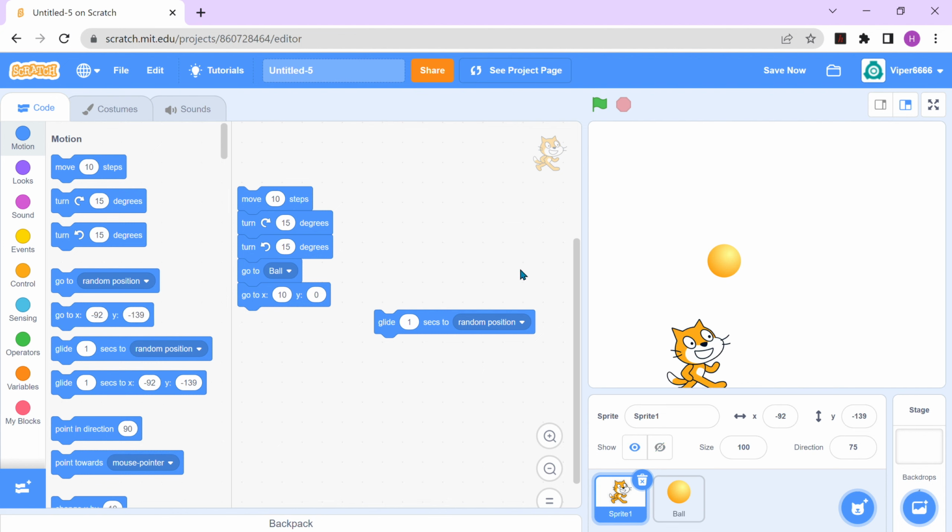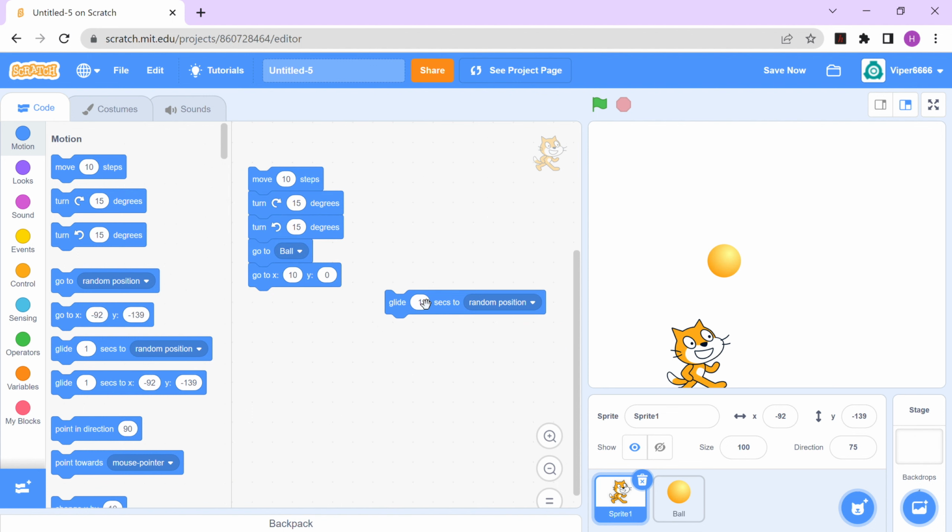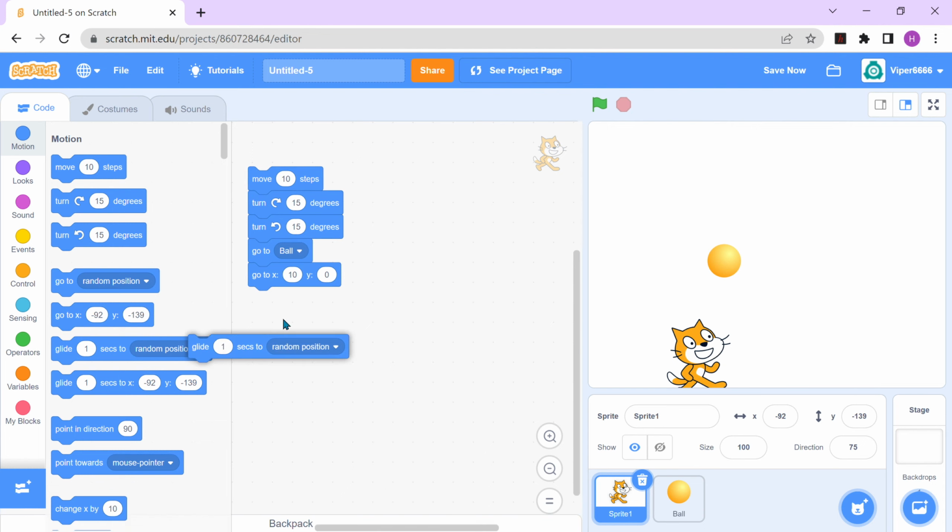Gliding to a random position is basically just changing your x and y position, but not immediately, over time, which is why they have this part here, which allows you to set the amount of seconds it has to glide over there. Anyways, I'm taking too long